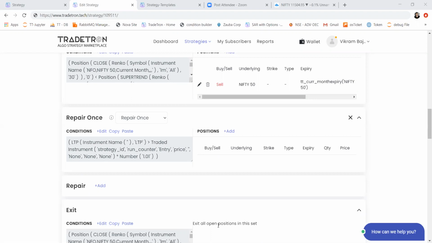In that case, the strategy will just mark these positions as null, and then it will again check for conditions as per the strategy. If the condition is satisfied, only then will it place the order. So these are the only 3 things available if your strategy goes into error execution in live auto. And one more way to handle it, if you want to exit completely through manual intervention, is to change the status of your strategy to live offline and manage the positions manually.